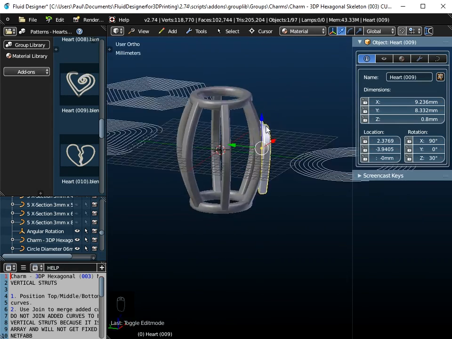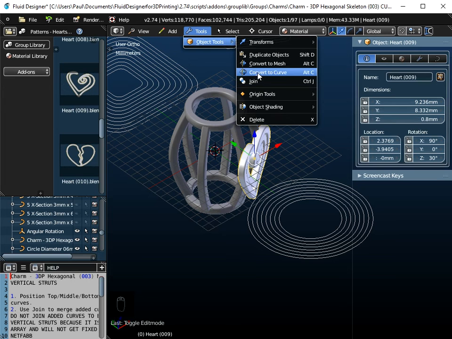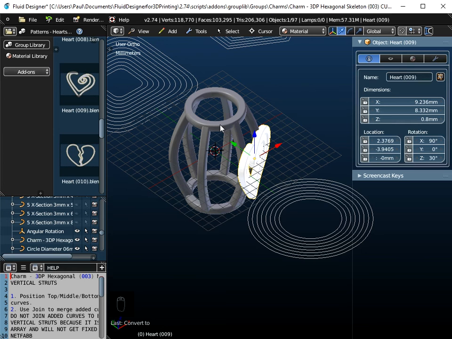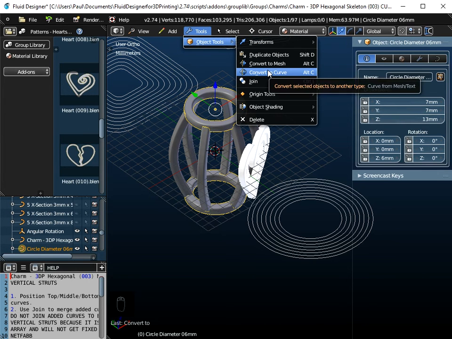Once you're in that situation, what you need to do is to go to Tools, Object Tools, and convert this one to a mesh. Don't join the curves together here. If you join this one to the main body, you'll have real problems in trying to 3D print it. It's not how we usually work in Fluid Designer, but it is the case here. So convert the top to a mesh,